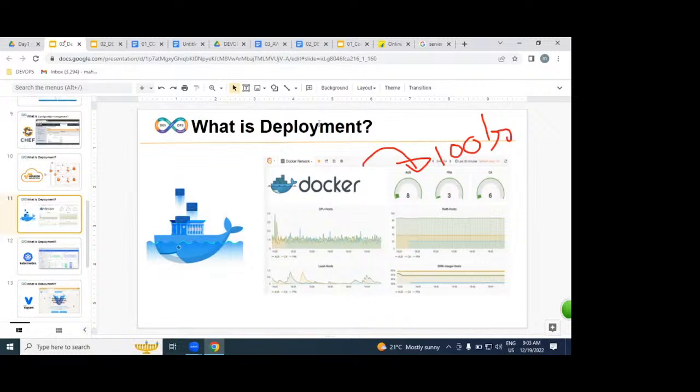What is Docker? Docker is an isolated area which is specifically for deploying our application. That is the definition. But it's an easy way of deploying our websites. Simple words. From a definition point of view, Docker is an isolated area which is specifically for deploying our applications. Understood very clearly. Example.